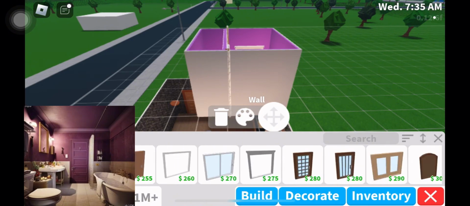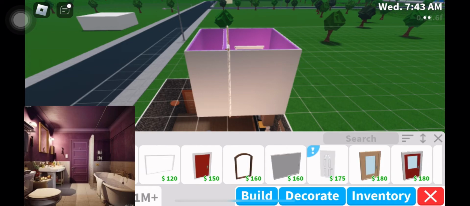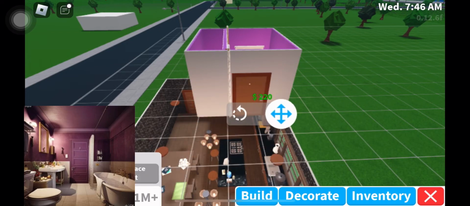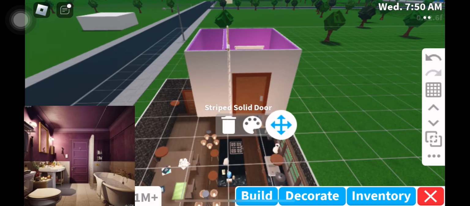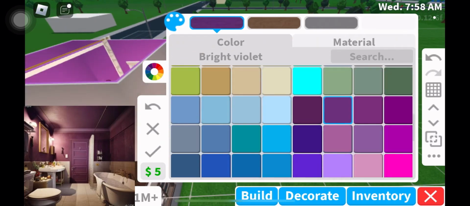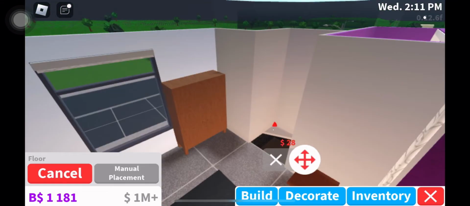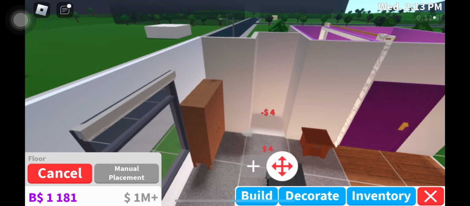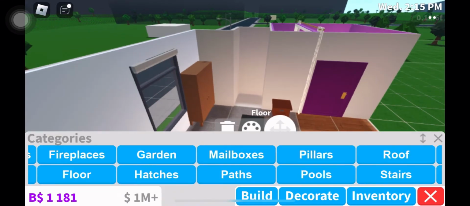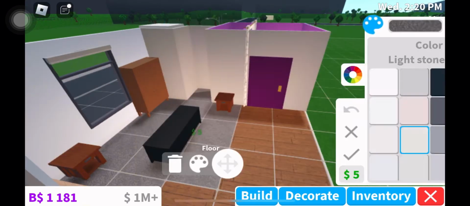Okay, now I know for the bathroom door I could have used the long door that has the lines across it, but I wasn't sure if it was too tall. Looking back, it's probably the correct height and this one is too short, but I thought I'd rather not risk it just in case. Here I go again, not realising I wasn't screen recording for most of the time it took me to make this room. So anyway, sorry we're starting about